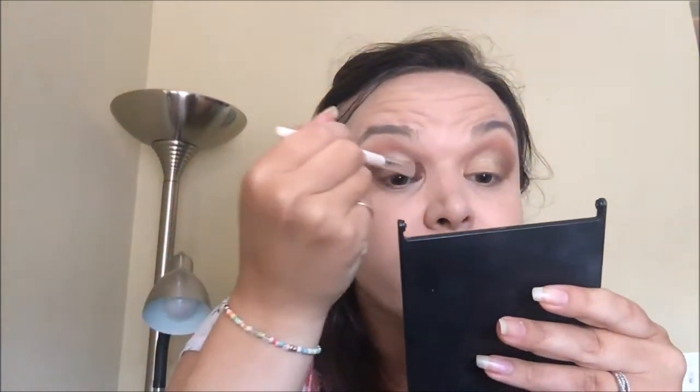I'm gonna spray a little bit of this, which is Milani Make It Last setting spray. You can use this for priming, correcting, or setting. I like to use it for those things, and I like to use it to make my shimmer eyeshadows pop a little more. So I'm gonna actually put that from the inner corner and I'm gonna bring it to meet that outer corner where we smoked it out a little bit. But I like the Milani setting spray. It smells really good. It makes my makeup last for a long time. And